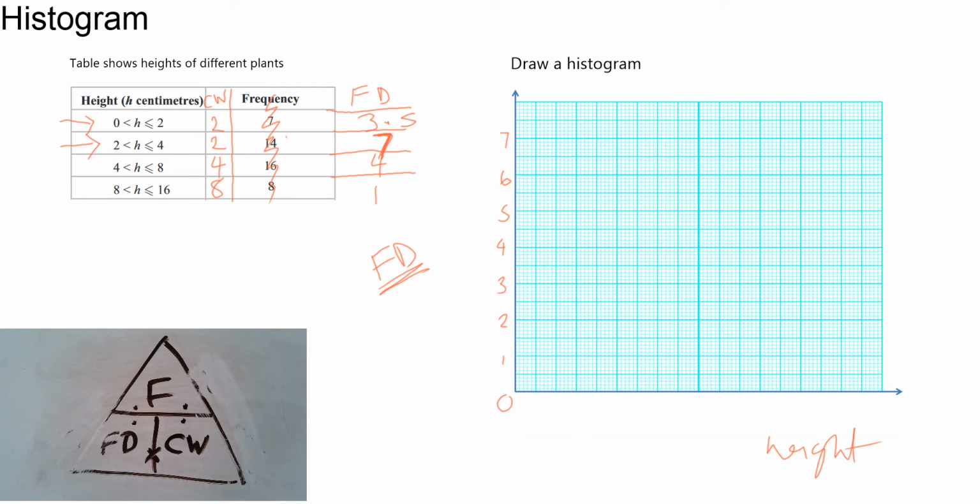So that's frequency density labeled, and now I want to label the x-axis. The heights start at 0 and go up to 16, so I need to plan for this. I will say each one of these, I'll call that 1,